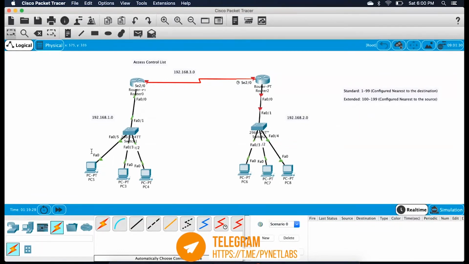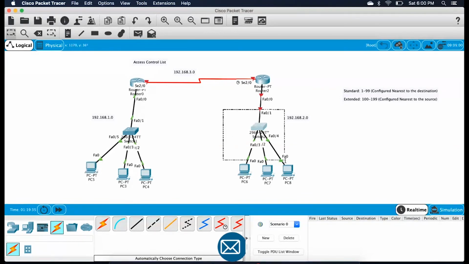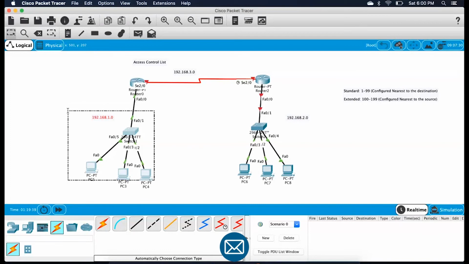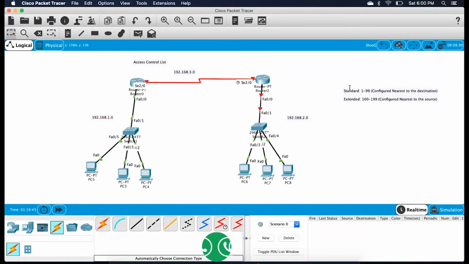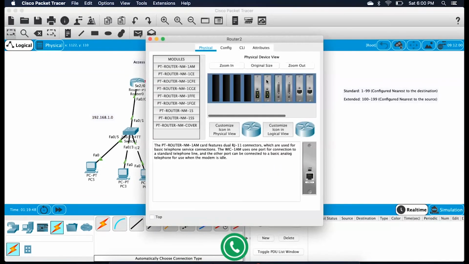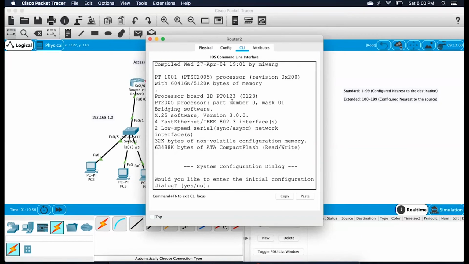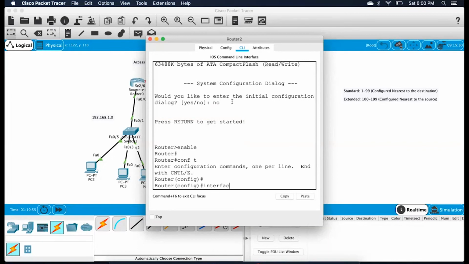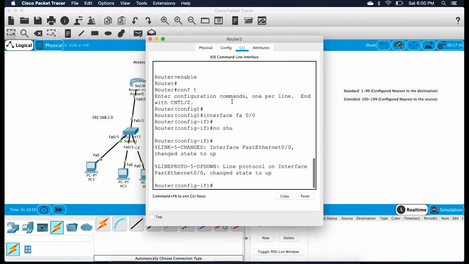So, in order to achieve something like this, where this particular PC should not be able to communicate with the entire network, or the entire network 192.168 should not be able to reach the other network, we will use standard access control list. Okay, and how do you actually do that? I'll just go on to the second router, and we will configure interface fa0/0, say no shutdown, and then say IP address